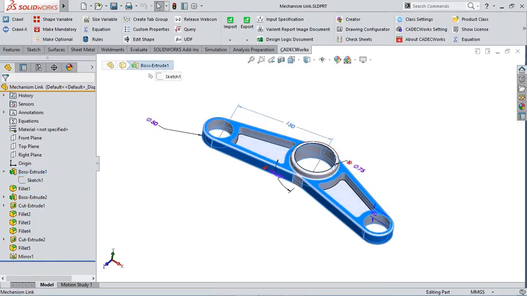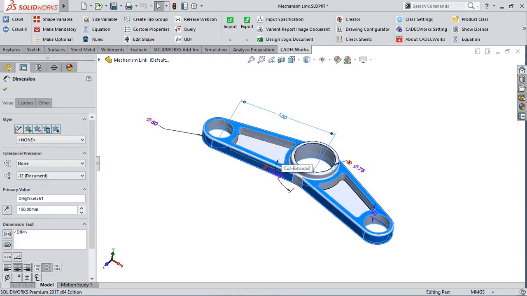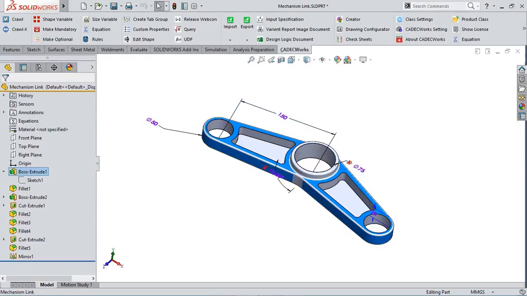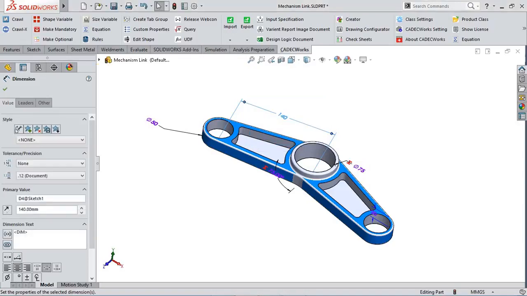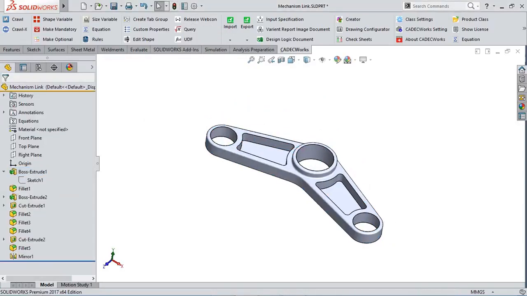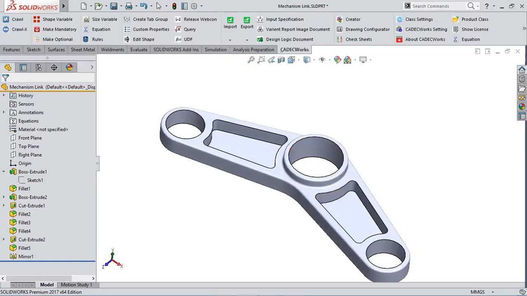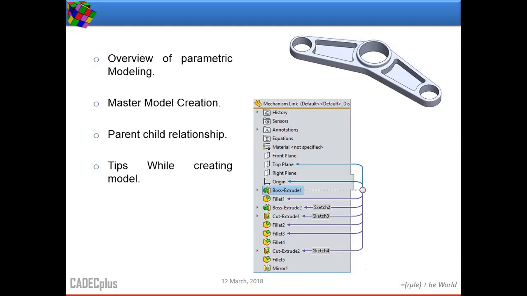are these. This is the length of one arm of this link. Here you can observe that for modifying the model, we just need to change the key parameters. The other parameters are driven through their values. All parameters are linked to each other and we can have different variations of this model without much modification. We need a similar approach for modeling if we want to control the model geometry through CADEC.